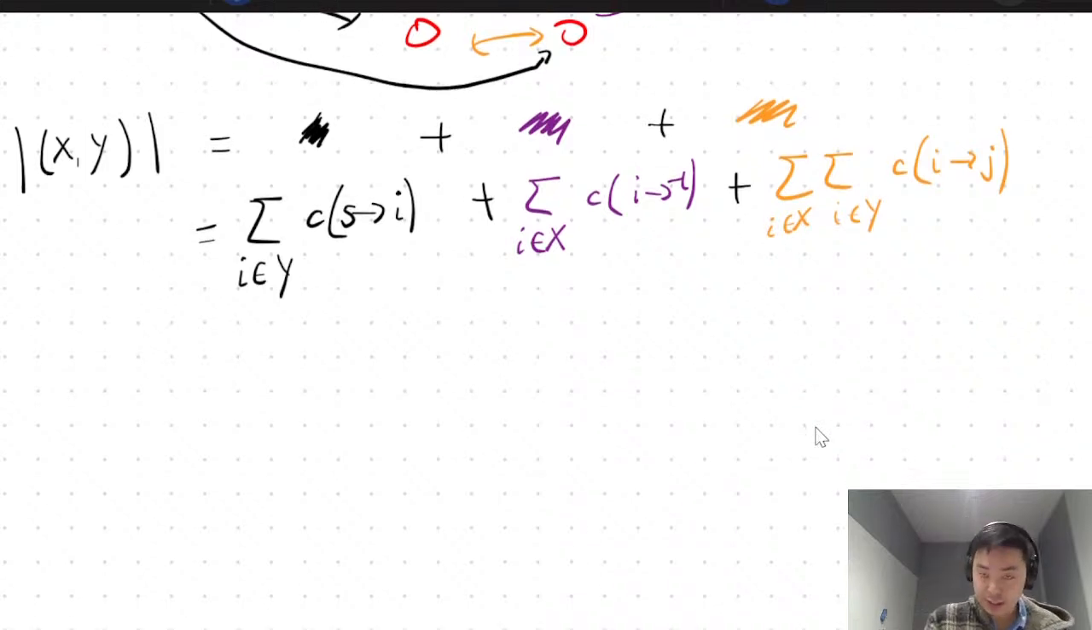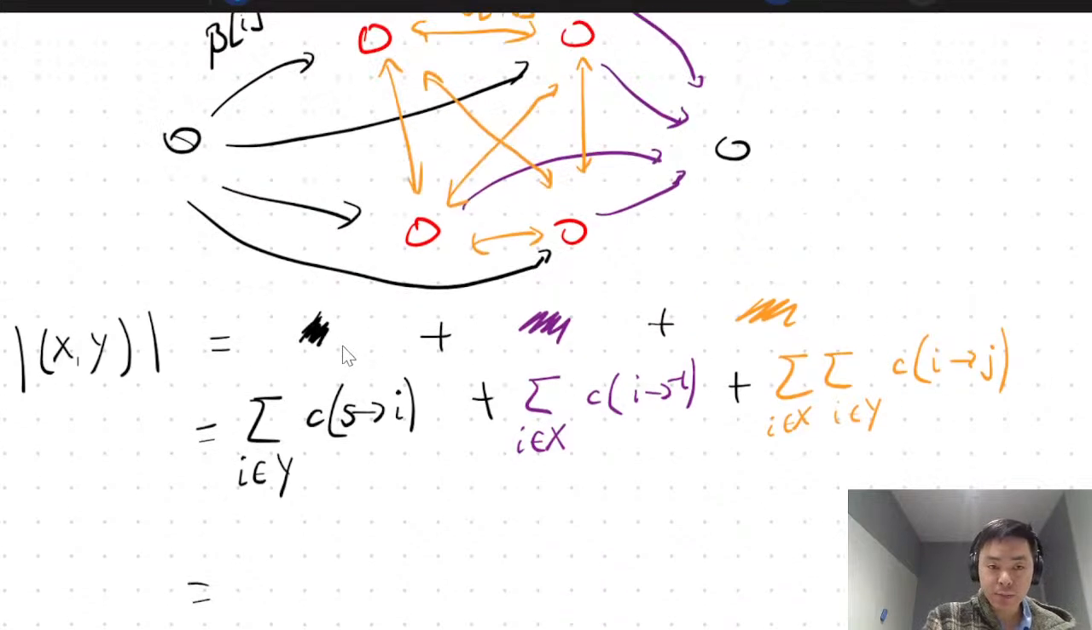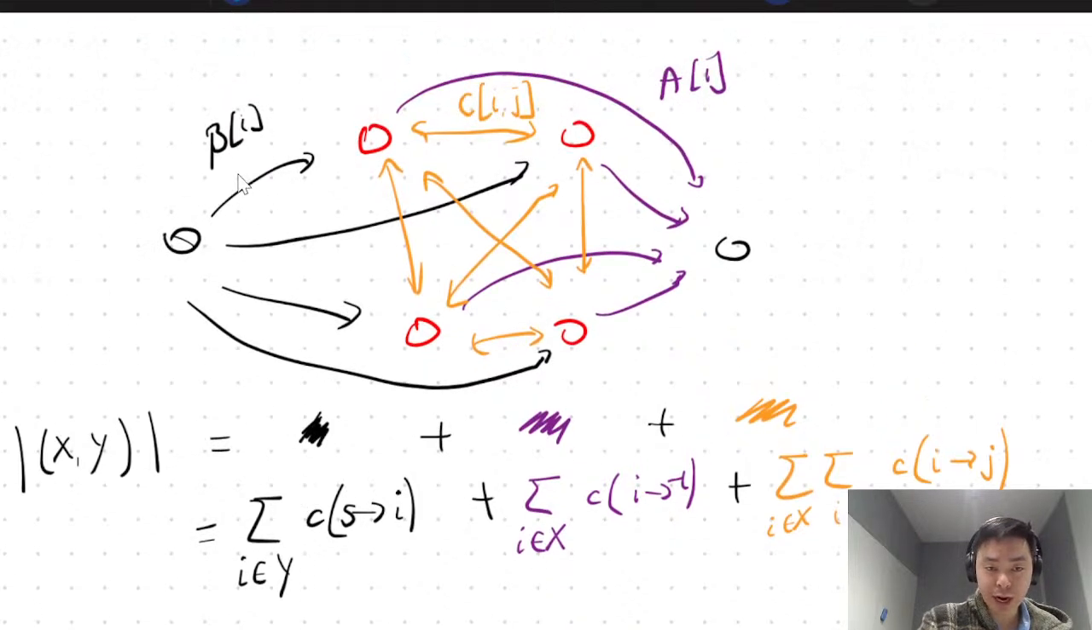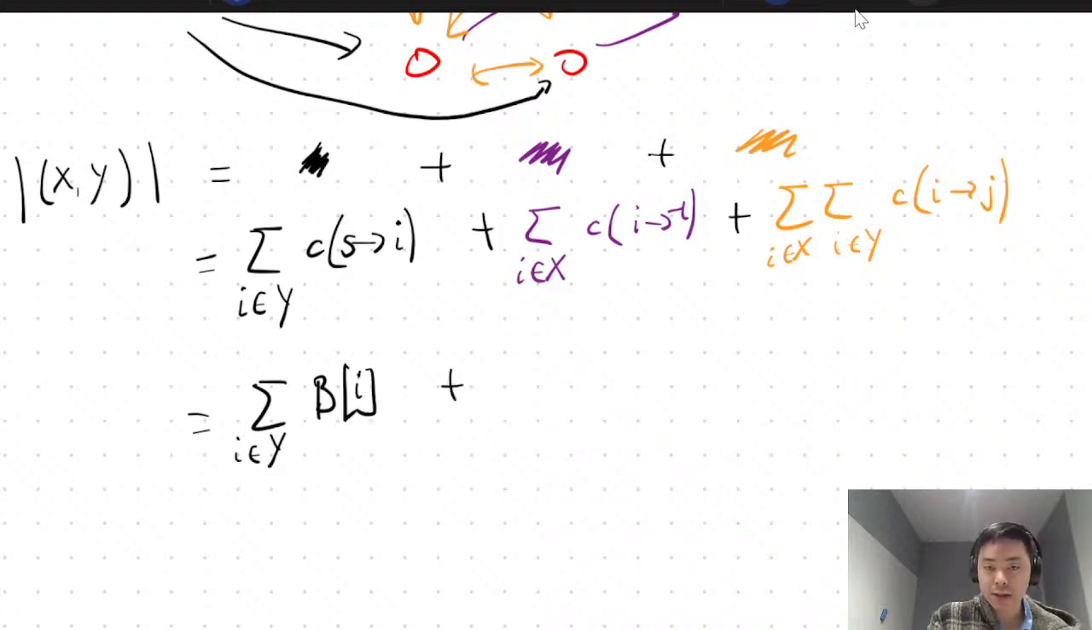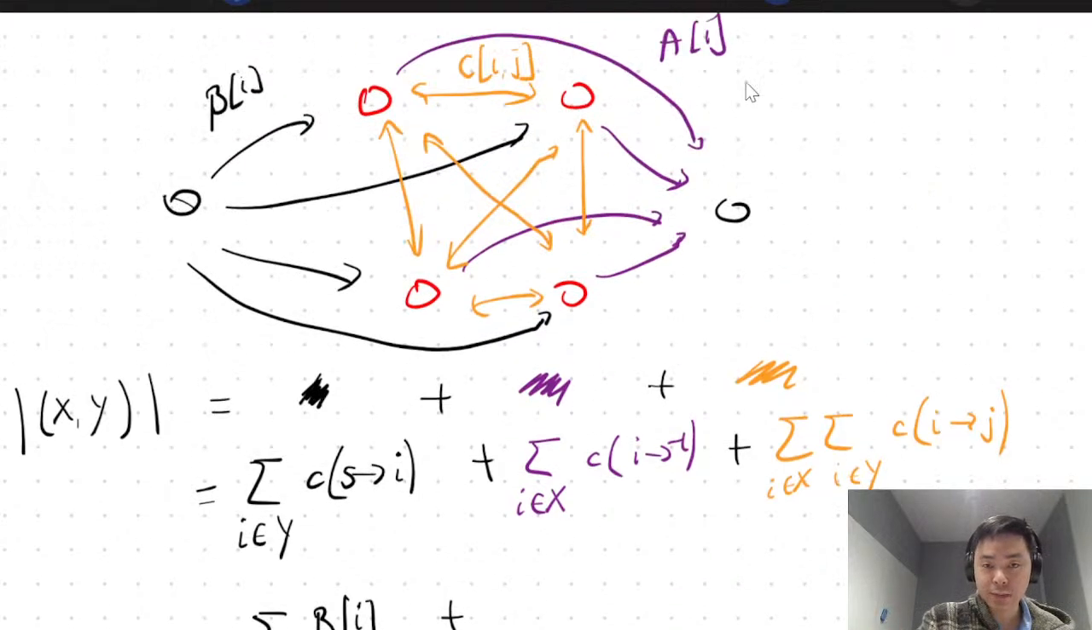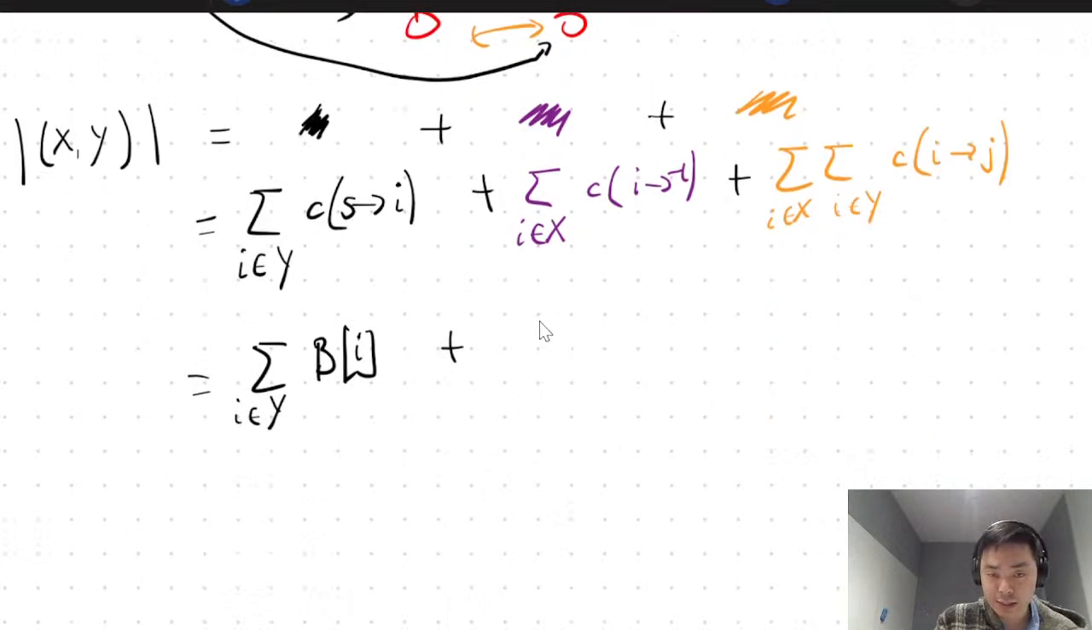So what we're going to do is look at these three cuts separately. Remember that a set of black edges have capacity b_i. So in fact, this is just going to be the sum of all elements in Y of b_i. Thus, the capacity of the purple edges is going to be a_i, so this is just the sum over i in X of a_i